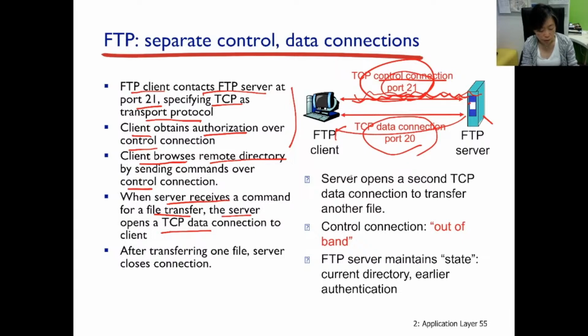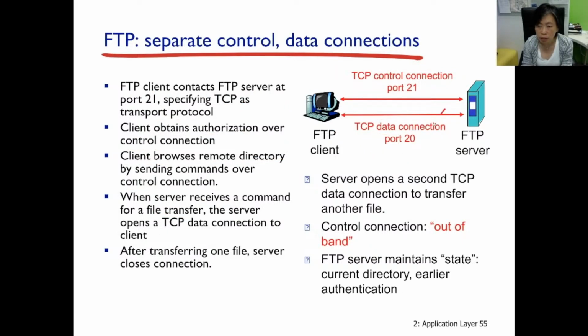After transferring a file, the server is going to close the data connection while this one remains on. If the server needs to send another file, it would start yet another TCP connection and send the file over there. Okay. So such separation of control and data-based content on different channels, okay, in communication, we call it the